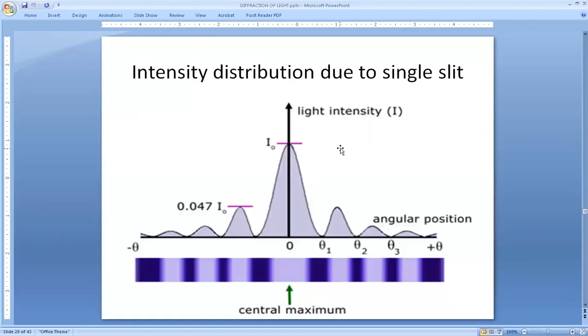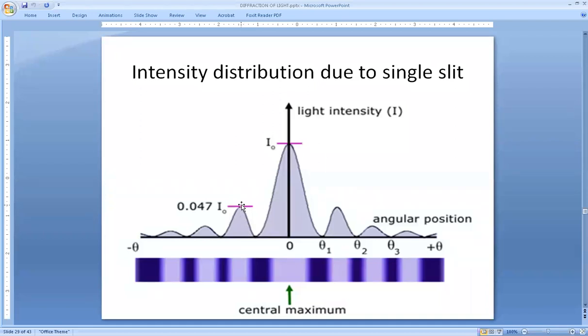And finally, I'll show you the graph. This is the resultant intensity distribution due to Fraunhofer single slit. You can see here the intensity is brightest at the center, where sine square alpha by alpha square has a square. Here this is the first minima. Sorry, sine alpha equal to n pi we have taken. So n equal to 1 is this case, similarly n equal to 1 on this side, and n equal to 2 is this case, n equal to 2 is another case, n equal to 3, n equal to 4, etc. These are representing the minimas. And this pink line is actually representing the first secondary maxima.